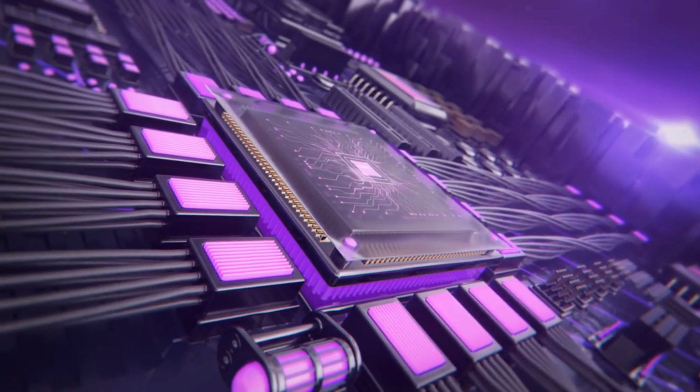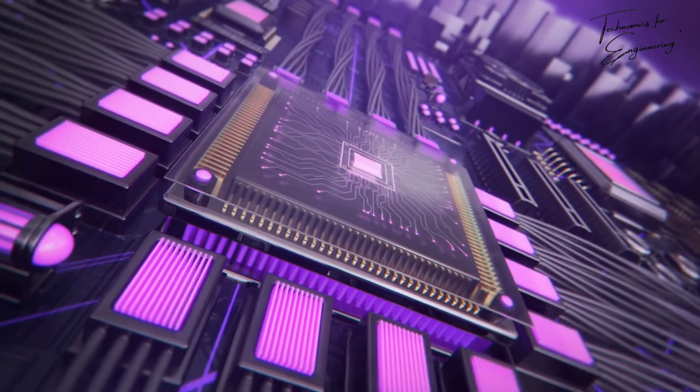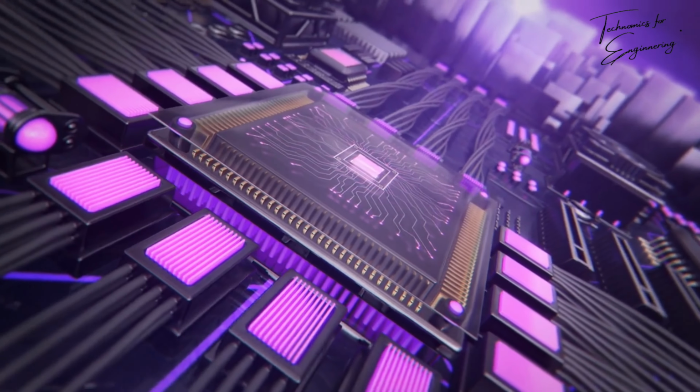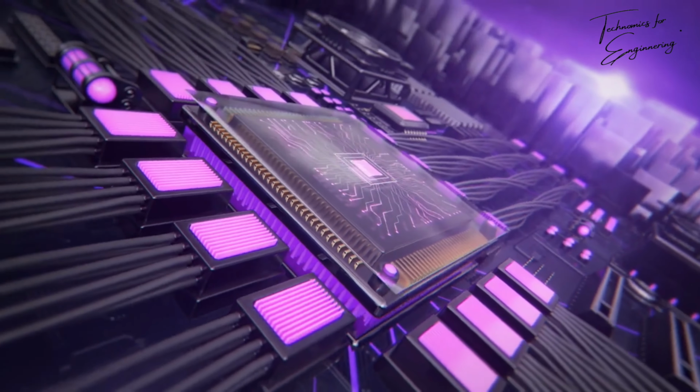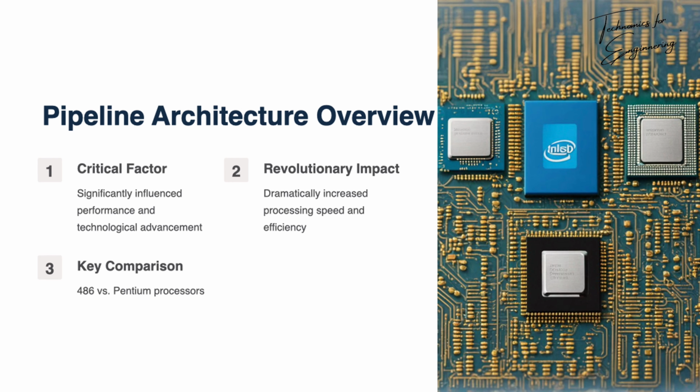The comparison between the 486 and Pentium processors revolves around the pipeline architecture, a critical factor that significantly influenced the performance and technological advancement of these two processors. The pipeline architecture revolutionized how processors handled instructions, dramatically increasing processing speed and efficiency. Let's delve deeper into how pipeline technology was designed and evolved in the 486 and Pentium processors, and uncover the